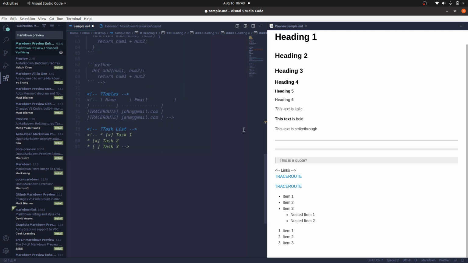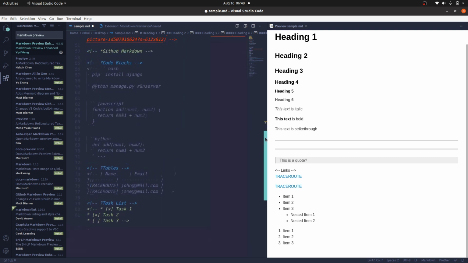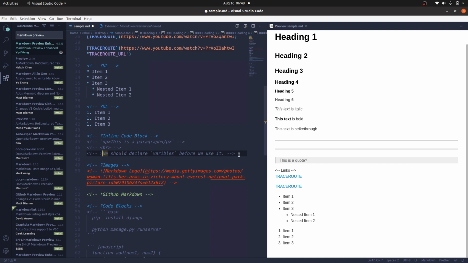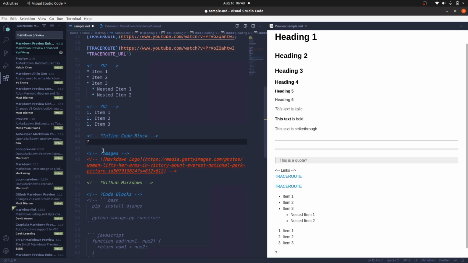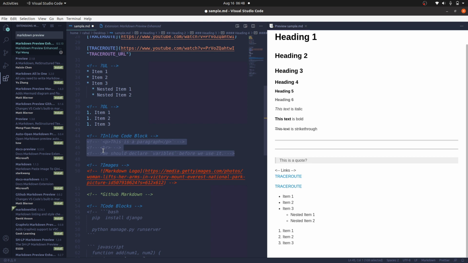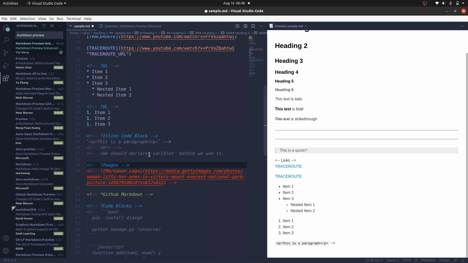Now as I've already said, a markdown file follows HTML content. Now for inline block code, you have to give backticks, single backticks, and you will be able to see the render. It is an inline block code.